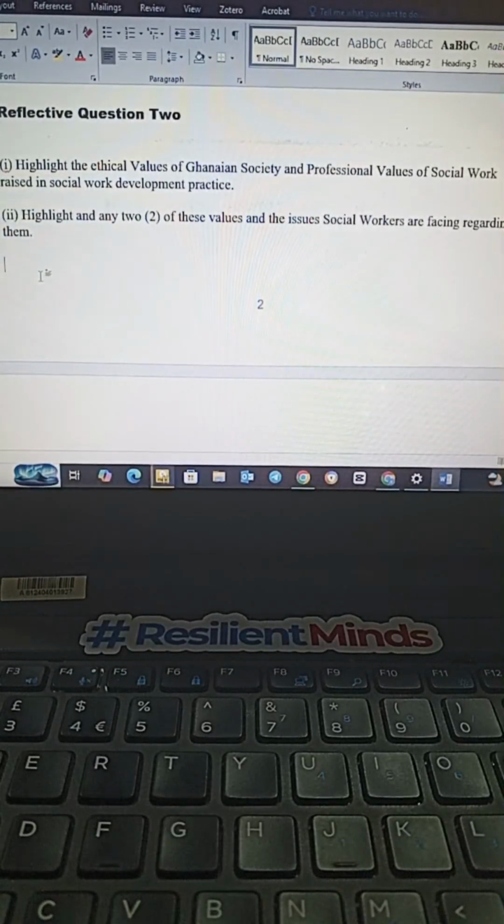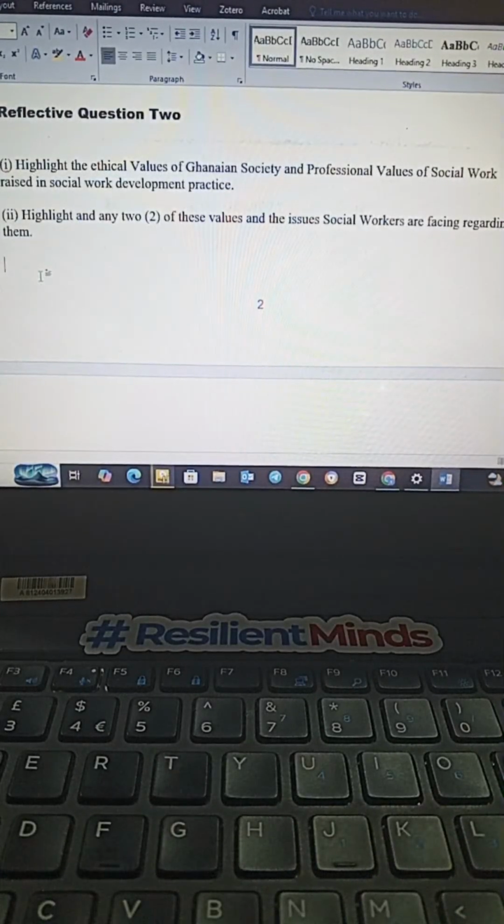You know, we have social workers. One issue we are facing about respect for diversity is what? Stigmatization. Because even though it's a value we hold in high esteem, when it comes to our practice system, there is still ongoing stigma, ongoing abuse. Like people are still racist. They are all ongoing despite this value. Are you okay? So we just raise some negative issues that we are facing as far as these values are concerned. Okay, so this one is very, very simple.